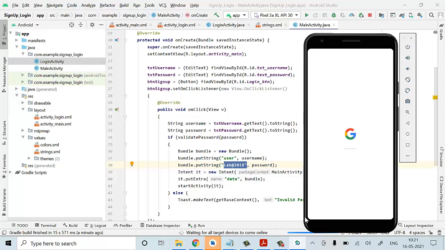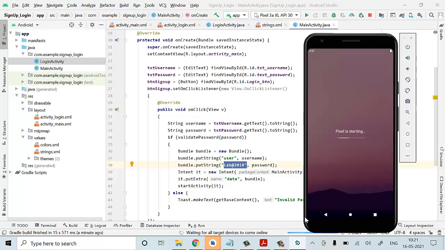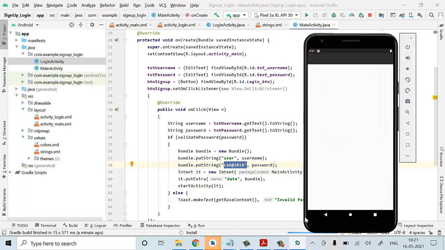Phone is starting. Now you can check it out, the app is installed in the phone. So now we got the sign up activity page.